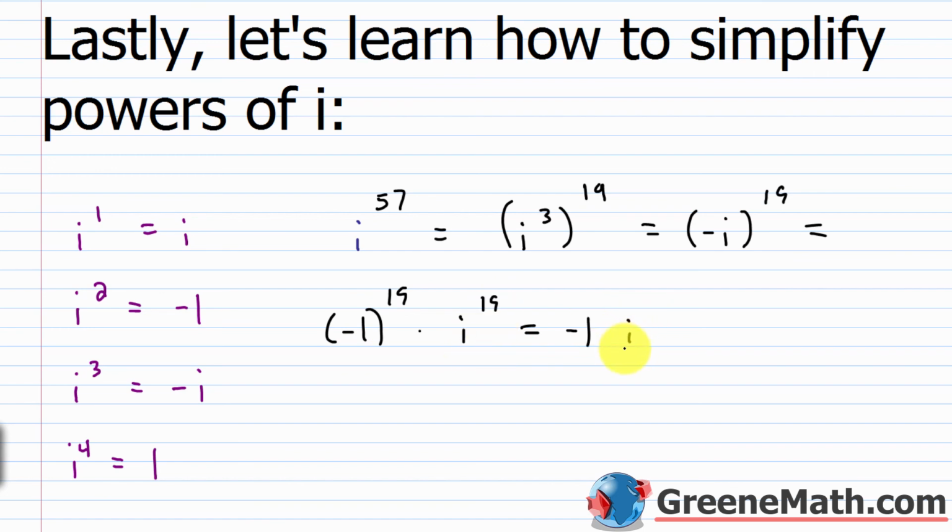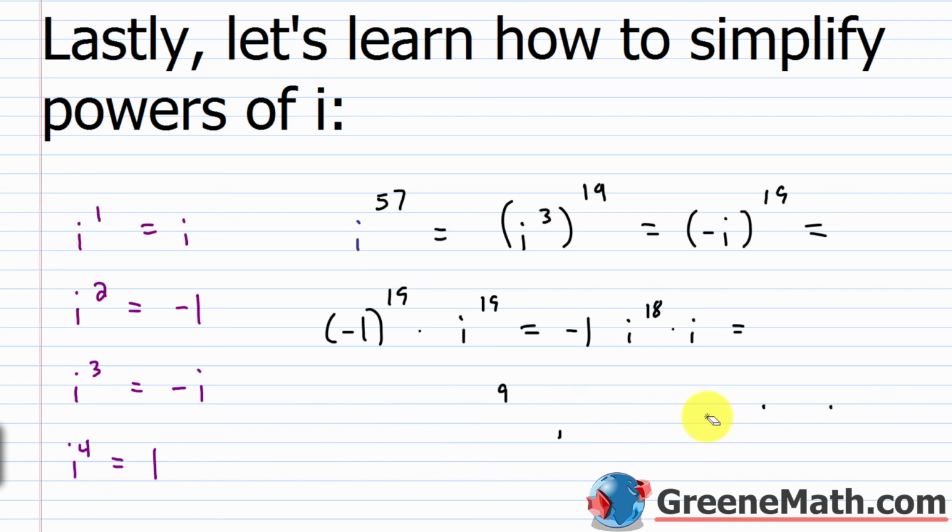Well, I'm going to have to split this up. I could say it's i to the 18th power times i. Now, what I'm doing here, i to the 18th power, I could say this is i squared to the 9th power, times i. So what do we end up with? i squared is negative 1. Negative 1 to the 9th power is still negative 1. So you'd have negative 1 times negative 1 times i. Negative 1 times negative 1 is 1. 1 times i is i. Look at all that work I had to do to figure out what I figured out very quickly by just,